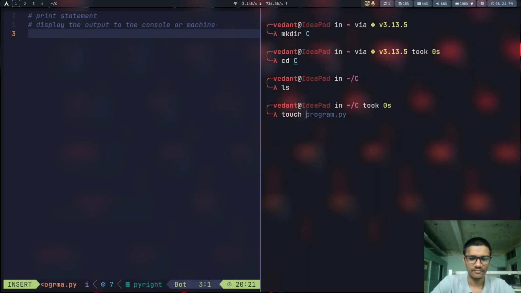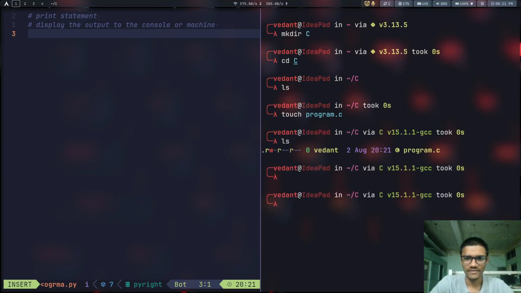so we will be making program.c. Okay, as you can see, program.c is the extension for the C programming files which contain the programs or the text which is written in C syntax, and .py contains the things which are written in Python code.